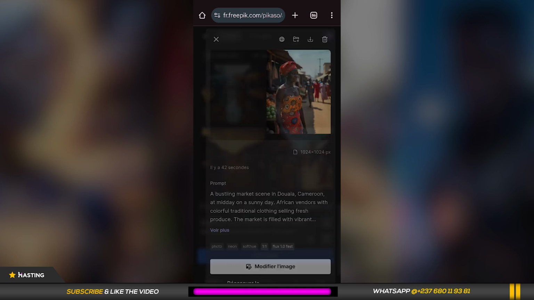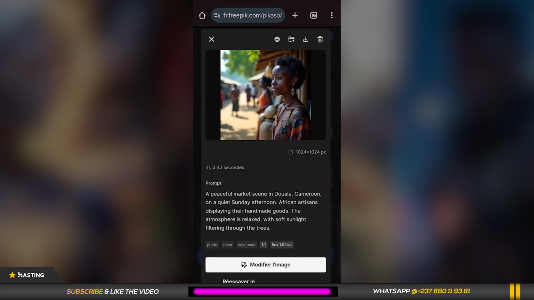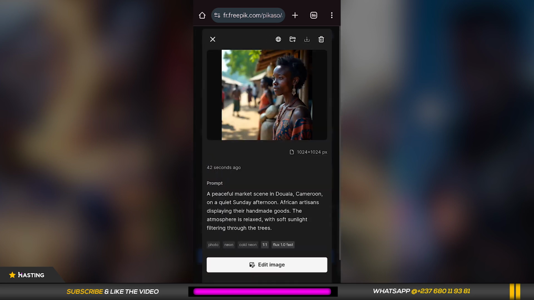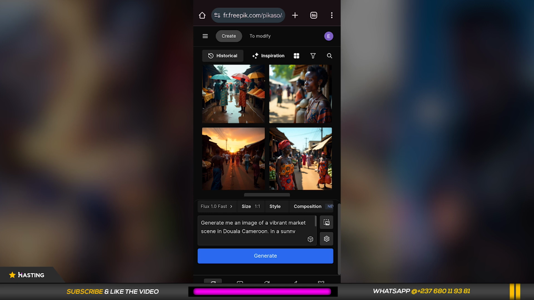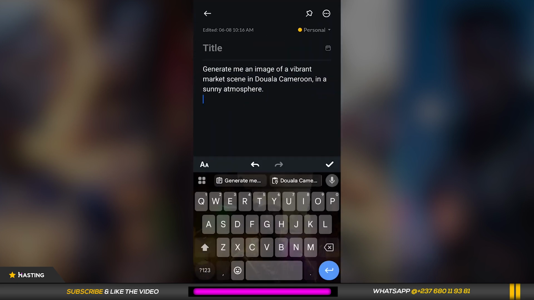These are other ones I generated yesterday. Okay, this one is not bad. Tap on this one as well. Let's generate one more thing. Let me go over to my note app. Let's see. Generate me an image of a